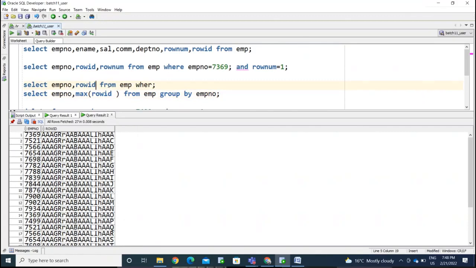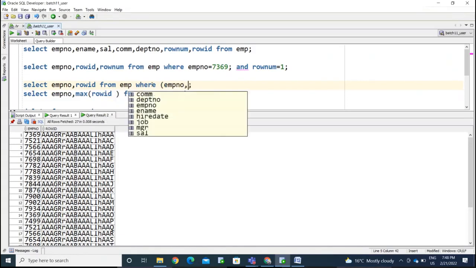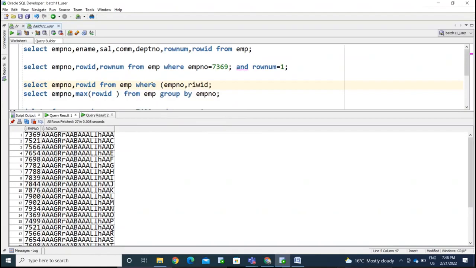No use about the row number, I simply mention here. We have totally 27 records. So we have the list of things here, employee number comma row ID for every group. So we need to use where employee number comma row ID